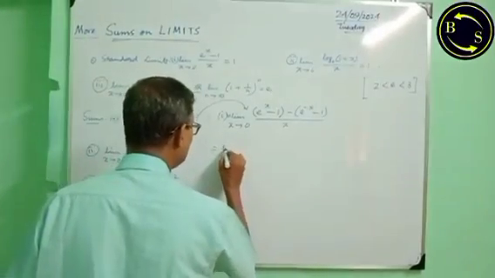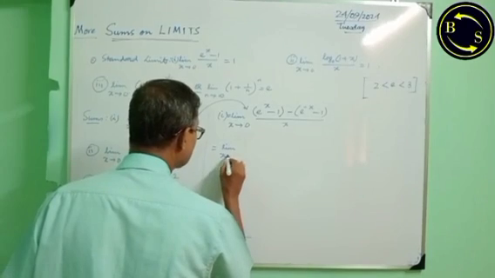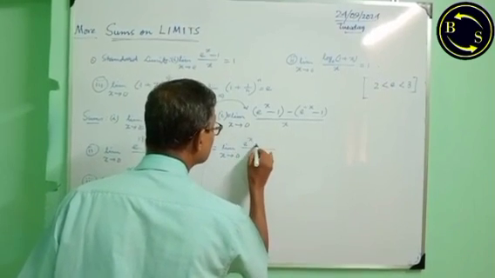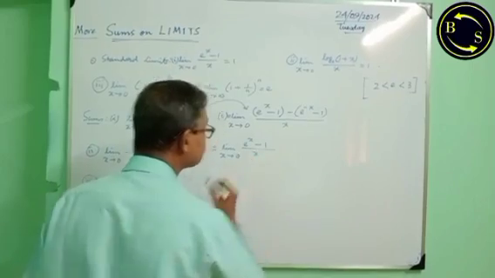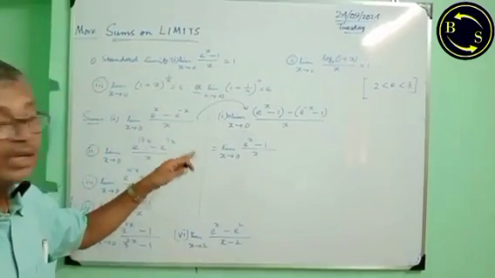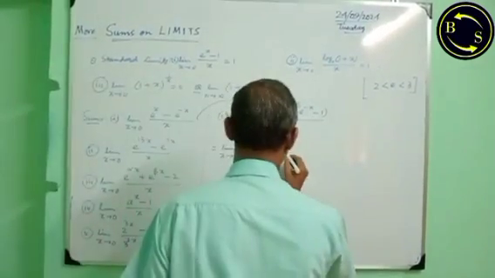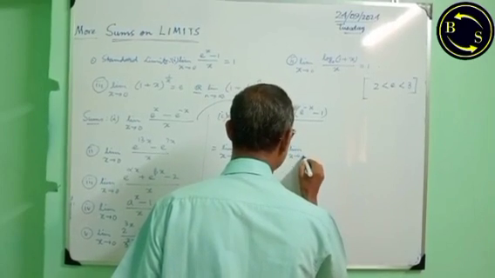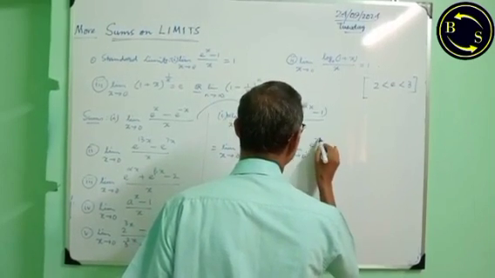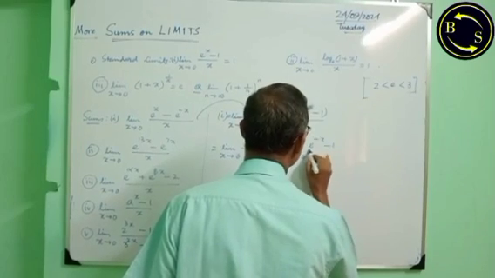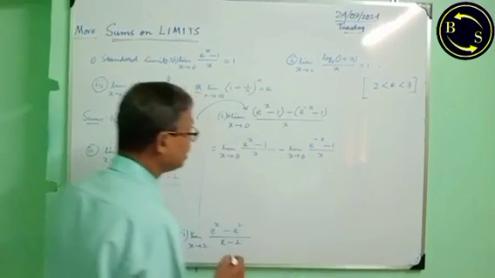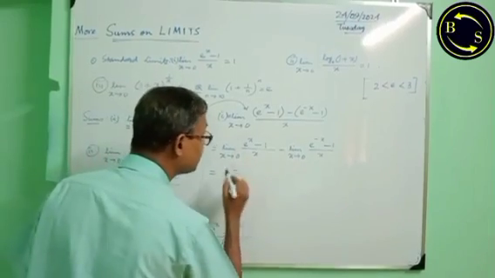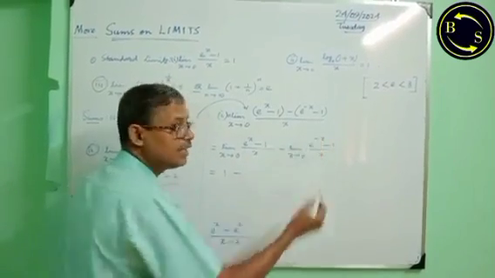Then limit x tends to 0 e to the power x by x. We have to split here into two limits, minus limit x tends to 0 e to the power minus x minus 1 by x, and the value of this one is 1, minus, here we find minus x is there,